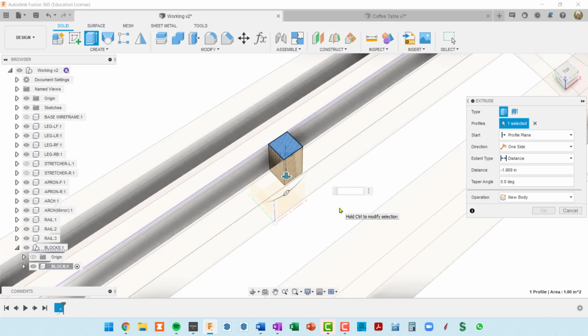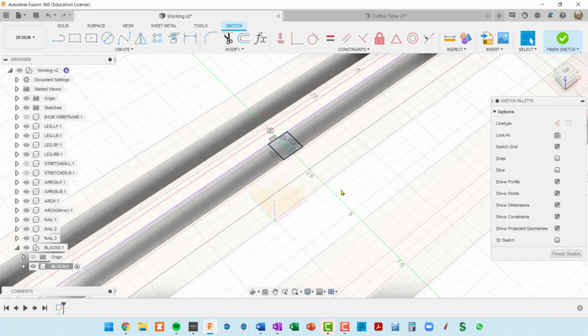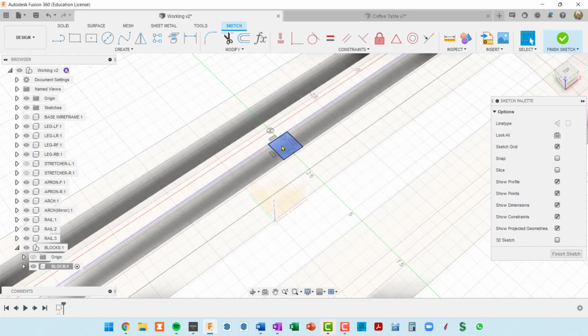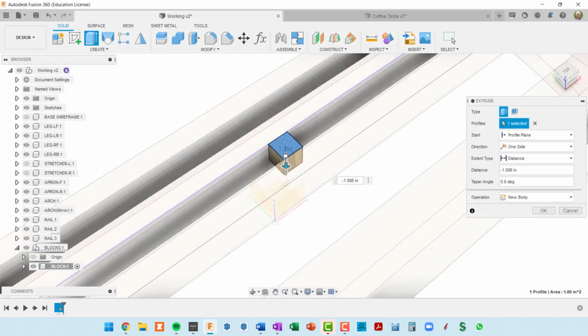Did we do something here? Let's check our parameters here. So I'm going to do a Shift P. I don't remember what I put in. I put grid length. Okay, it's the same as the rail depth. So when I extrude, press E for extrude, I'm going to go in a negative direction, and I'm going to type a negative grid length,